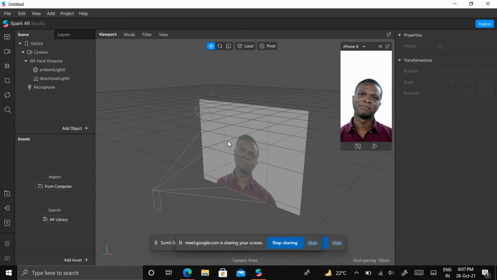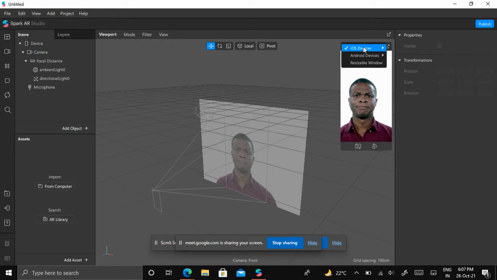First of all, coming to the point, this is the viewport or workspace. This one is the real-time face simulation, where we can see all the final outputs and the changes that we make here.